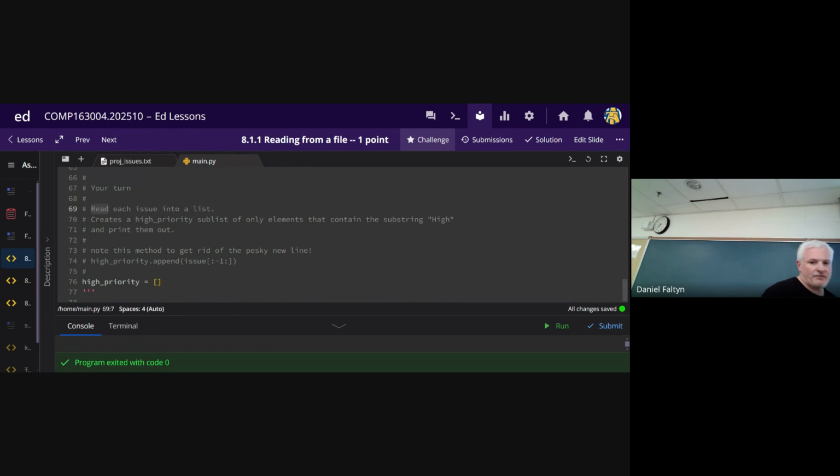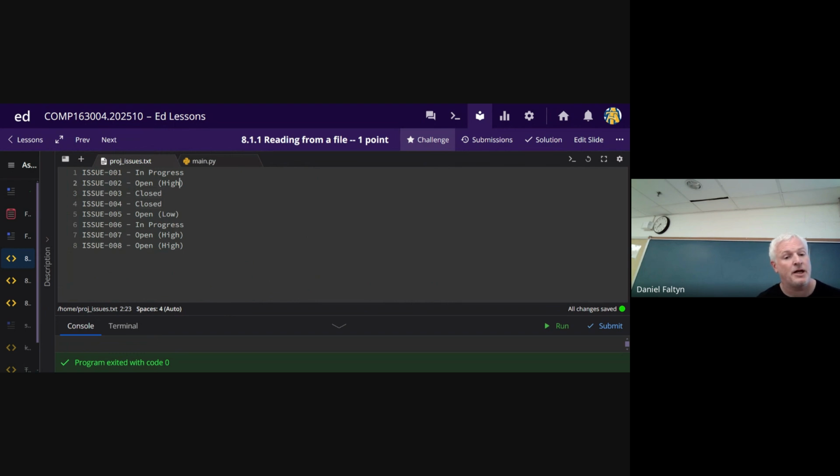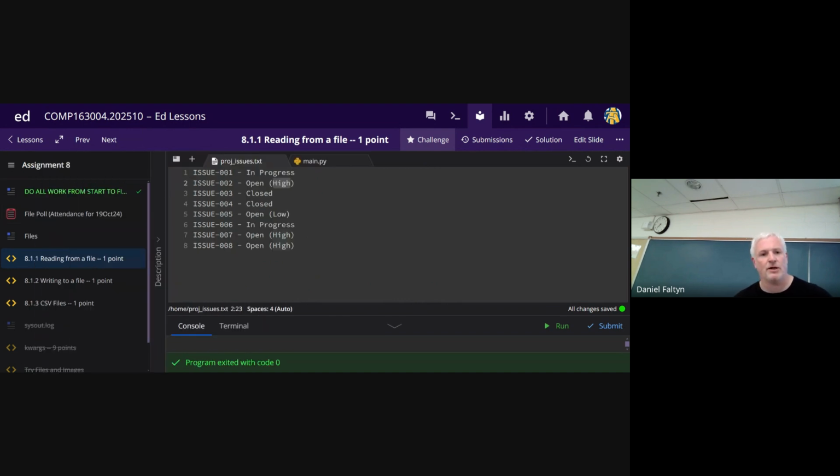So you have to iterate over each line. Everybody knows how to iterate. You have a line, which is just a string. We should all be familiar with the find function at this point. If you call find on this line and look for the word hi, if it returns anything other than -1, the word hi is in that line. Okay, so I'll leave that as a takeaway.